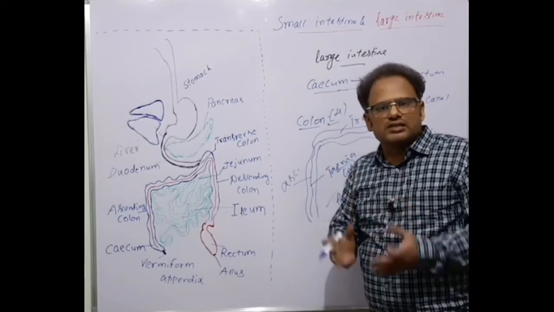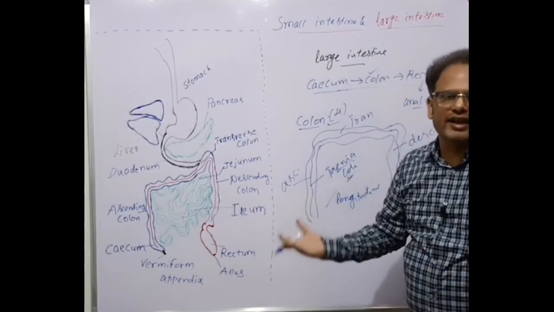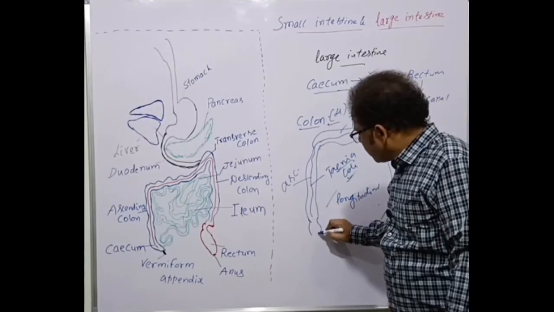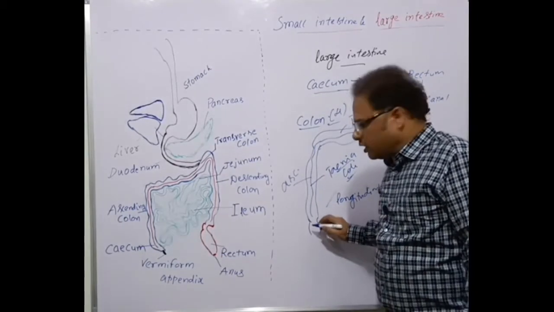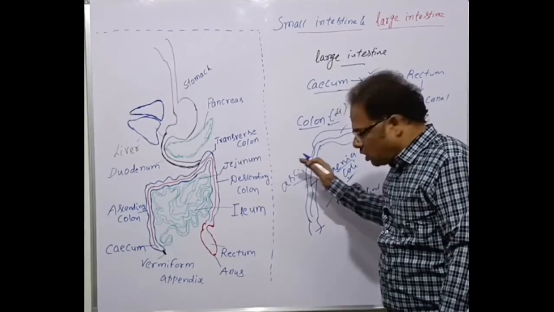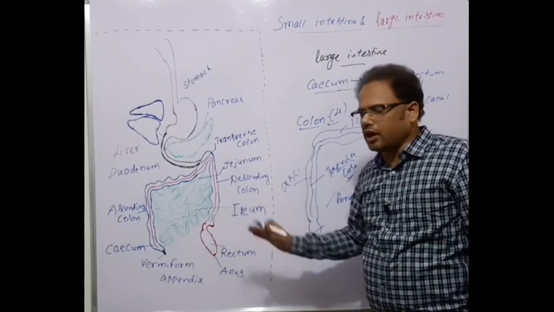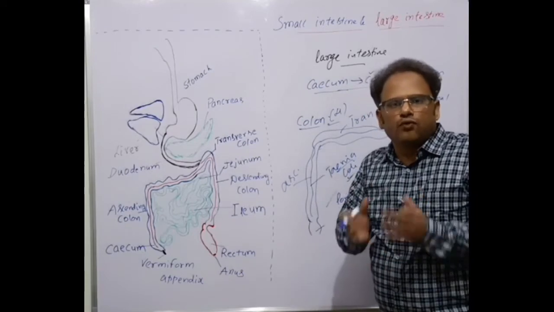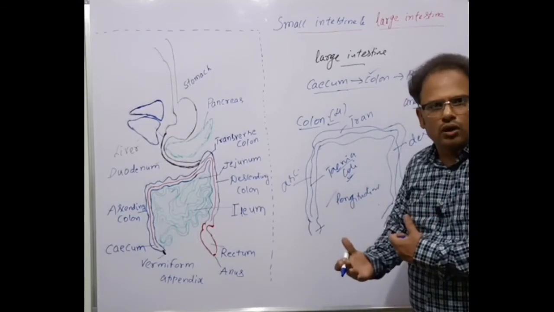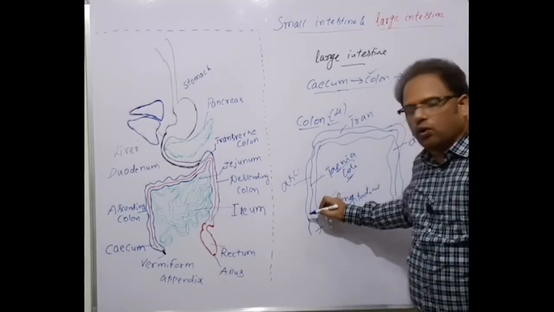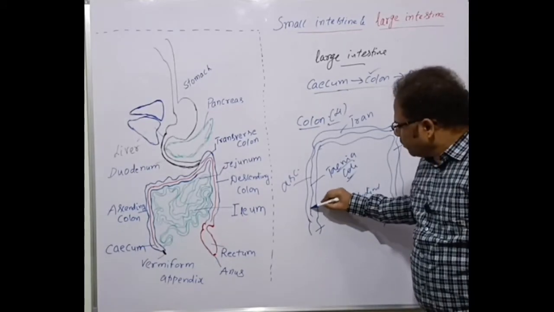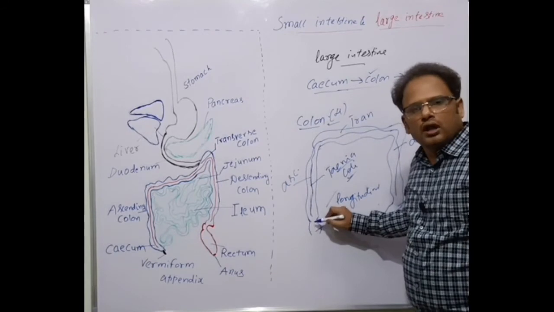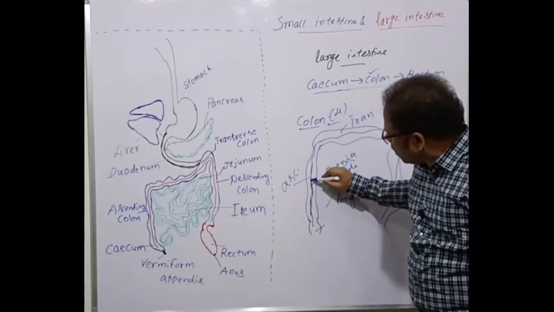Always the muscles have the contraction and the relaxation, isn't it? So here, what is formed? Some of the undigested food formed in the small intestine is coming to the cecum. In the cecum, some amount of reabsorption occurs. Still a large amount of food needs to be absorbed and reabsorbed, isn't it? And the remaining food is removed and formed in the form of fecal matter. So this fecal matter and undigested food has to be passed to the various parts of the colon.